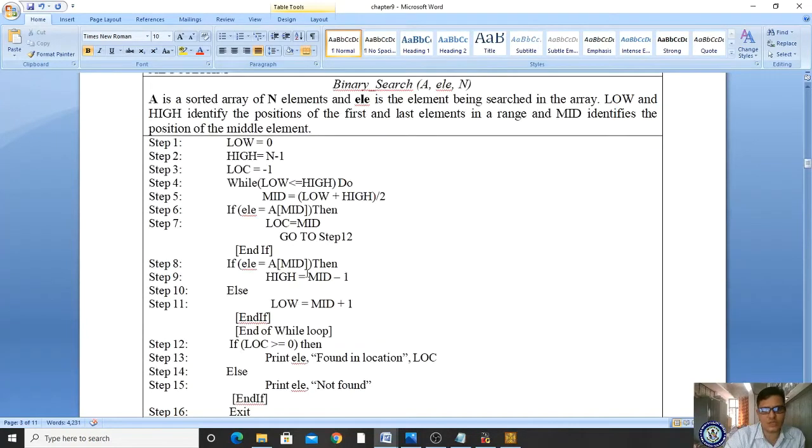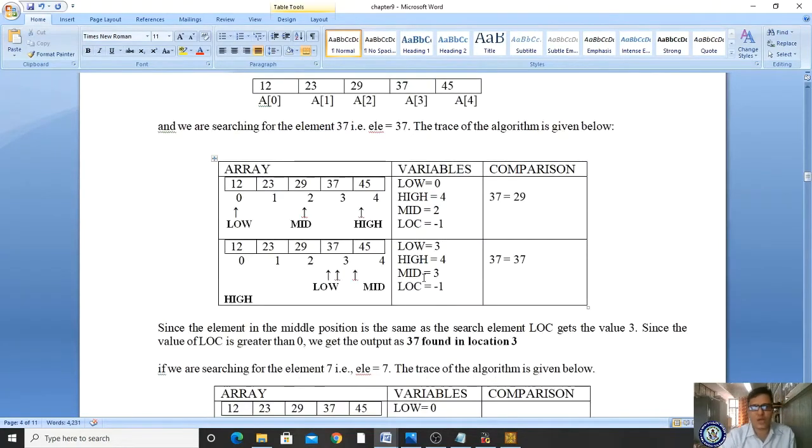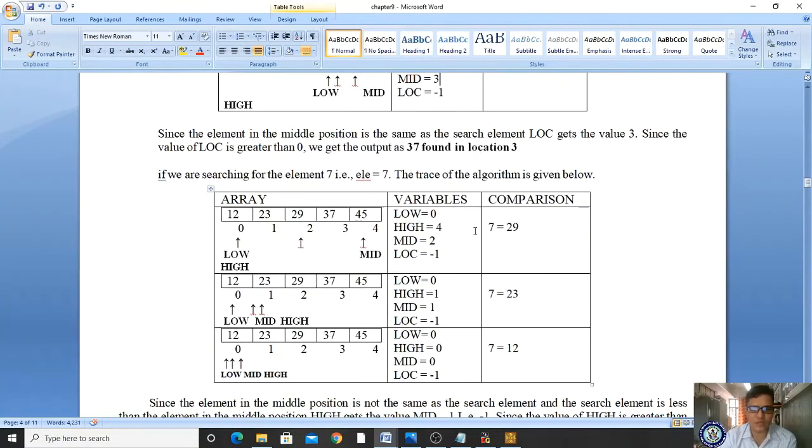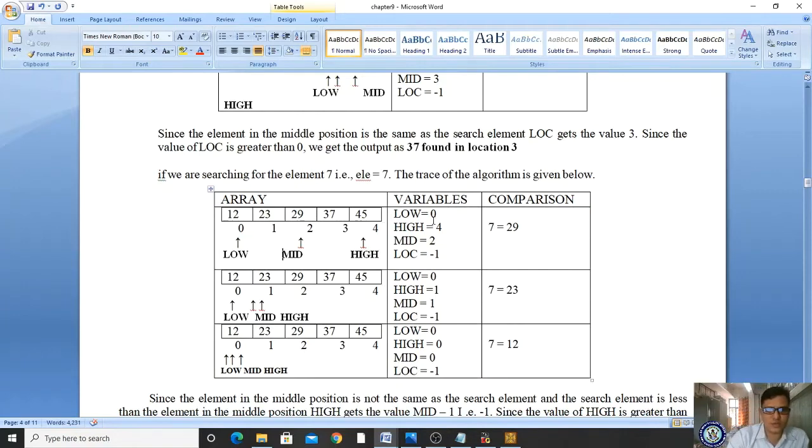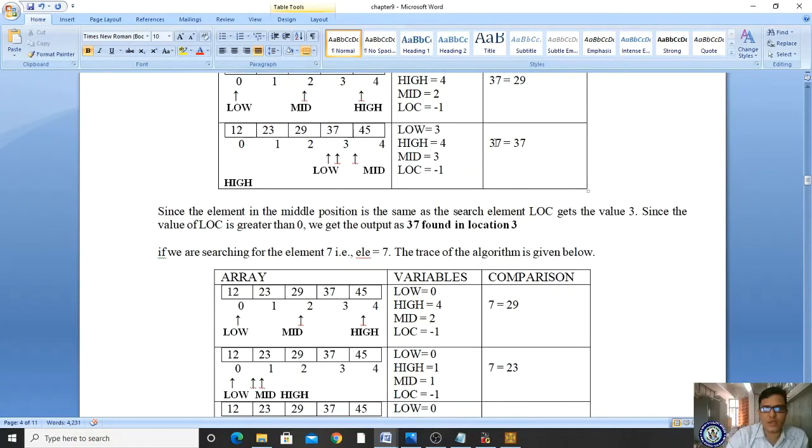That is what we have said here, right? This condition is to compare and place mid plus 1. Now the mid value is 3, and once again I am comparing. Your searching element 37 is present here itself.